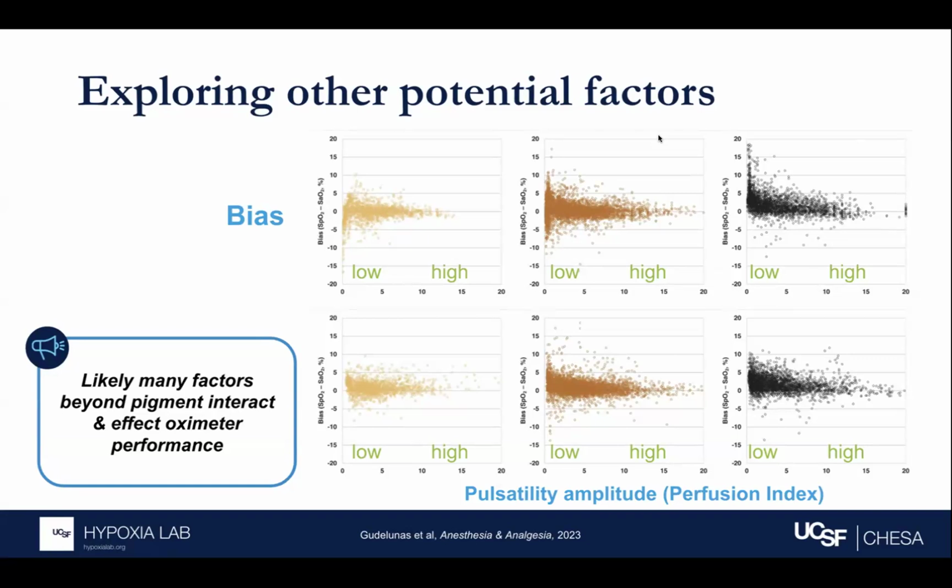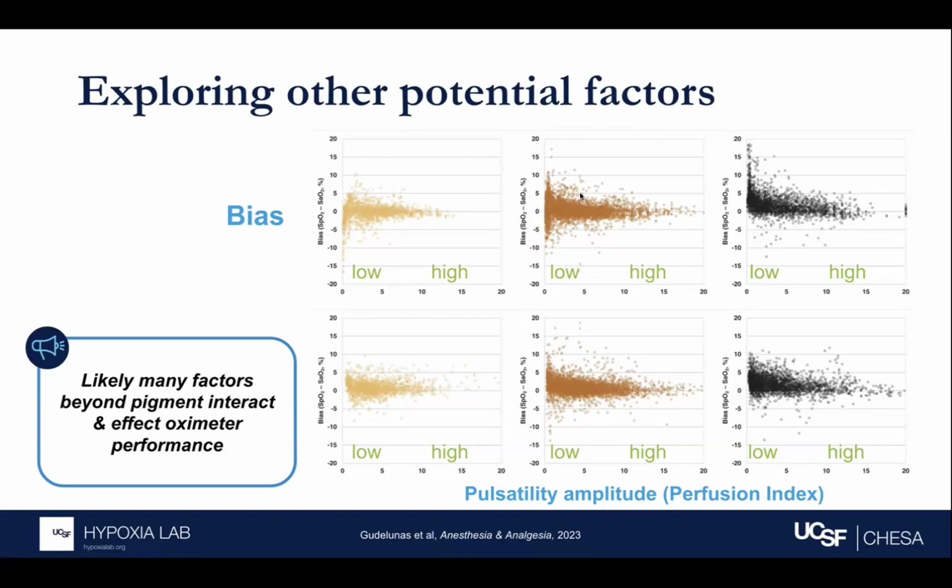But the actual calculations are different by different manufacturers. So what we've tried to do is create a device where you can see what the math is, and we can compare apples to apples across different people, across different labs. So these were some data that we published in the last year, showing that in people with light skin